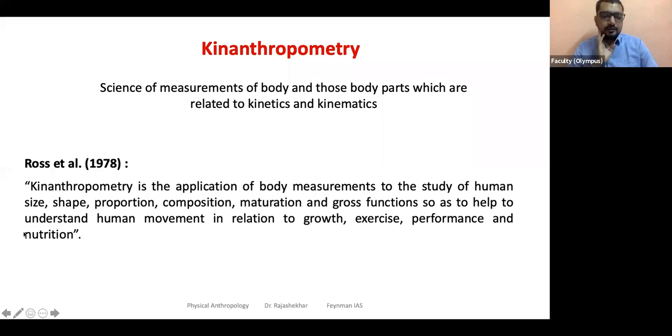I'll provide these definitions in the handout that I'm going to give you, but understand this basic picture. Get this basic picture and understand the term kinanthropometry. Are you able to follow this? So taking different measurements of the body and trying to understand the movements that this body can make and what is its relevance to various aspects relevant to us, like growth, exercise, sports, diet. Yes, it is a subset of anthropometry, related to kinetics, the movement. Exactly. It's a subset of anthropometry with a specific application in one particular field.